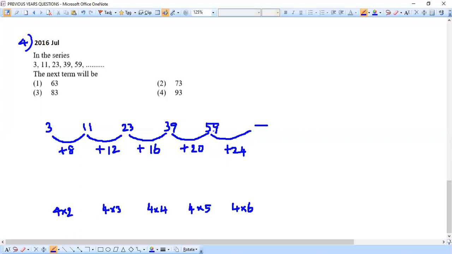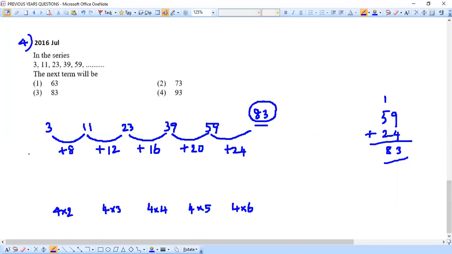So it's very easy for us to say 59 plus 24 will give us the next term, the required term we need. So 59 plus 24 will be how much? I can even work it out separately and show you. 59 plus 24: 9 plus 4 is 13, and 5 plus 2 plus 1 will give you 8, correct? So that means we are getting 83 to be our answer. So this very easily finished our problem, is it or not?